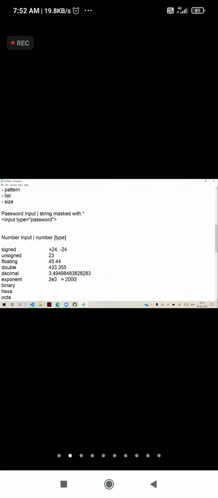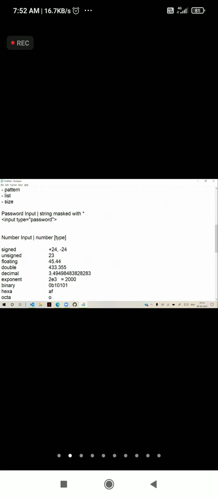So that is the reason sometimes people have a confusion. Sir, you said number, but it is allowing E. E is not a number. Because you don't know that E is not a number. Actually, E is also a number. So binary will have like 0b, it will have like 0b1010 like that, binary. Hexa, octa. So hexa will have 0x like that, and actually it can be A to F. Later you will learn hexadecimal colors and all. Octa will have a combination of 0o. O will be there for octa.